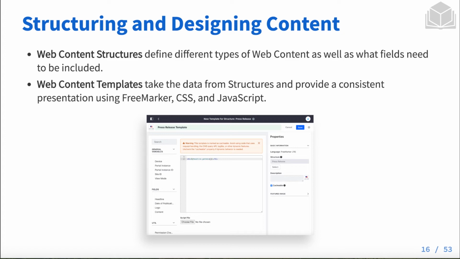Does it need a title? Does it need an image? Do you need to identify some sort of date for publication? Anything along those lines you can build a structure for, and the structure is ultimately going to determine the name of the new type of content. So again, if it's a press release, you would name your structure something like press release or press release structure,